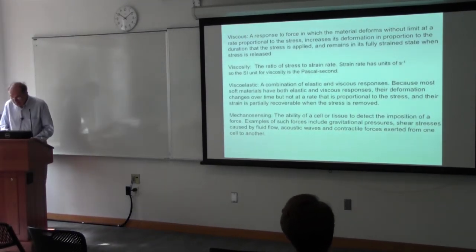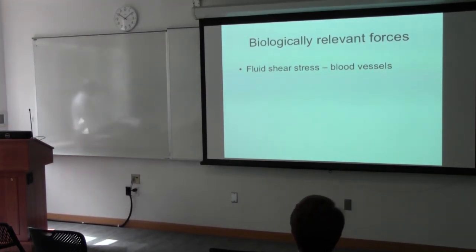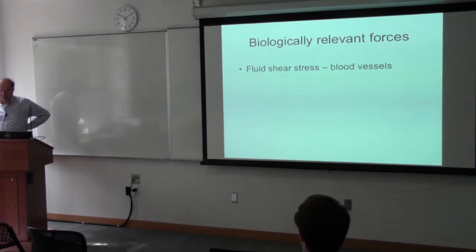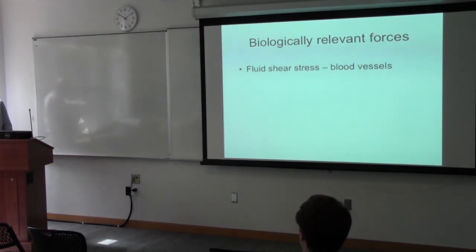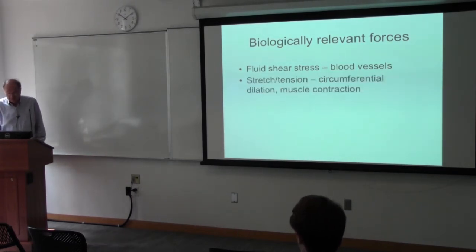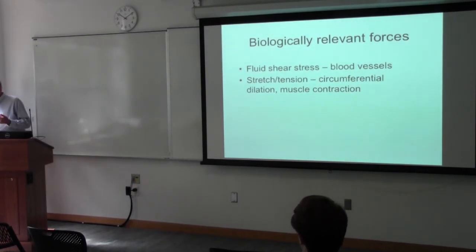All right, so here's why these stresses are important, because they show up everywhere in biology. I'll give you a couple of really quick examples. They are wildly important in the vasculature because fluid shear stress, as it flows over the endothelial cells and other structures of the blood vessel, really changes the biology of the cells underneath it. If fluid flow changes or the resistance of the cells to that fluid flow changes, lots of things change physiologically. There's also all sorts of stretch and tension. Every time you breathe, every time your heart pumps,